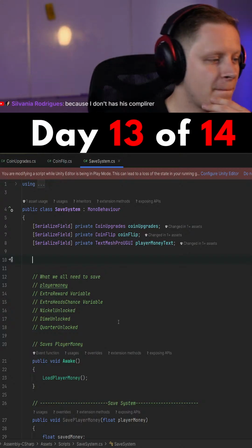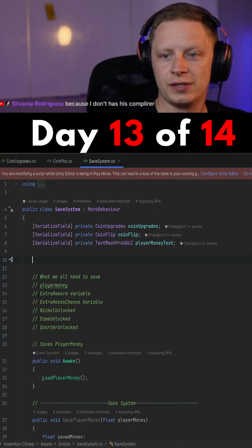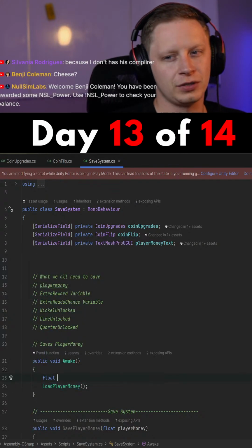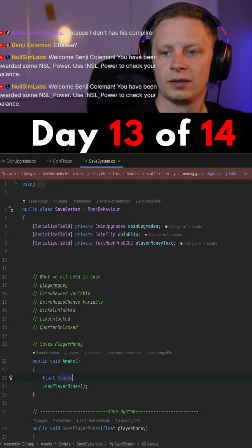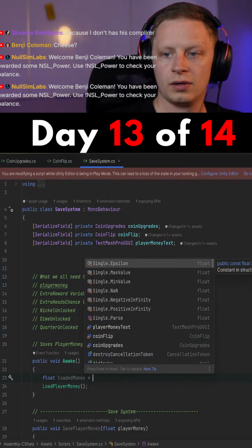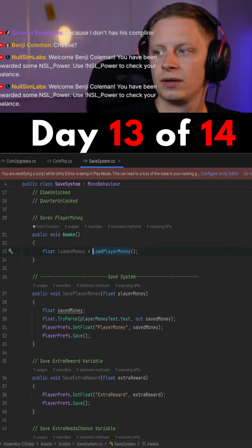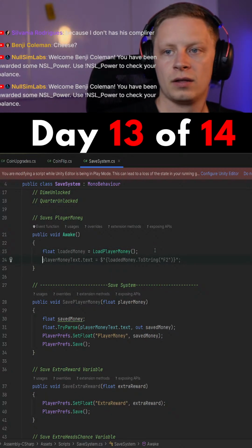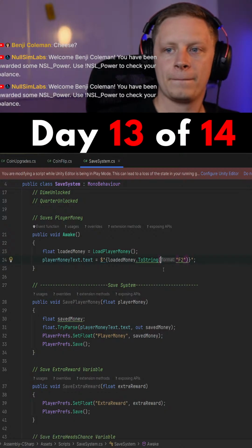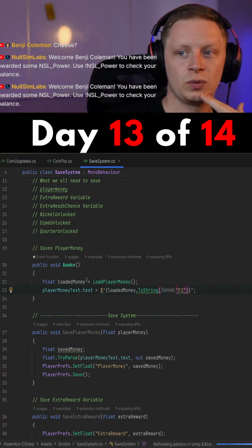Let's do... I mean, why don't we just do this? So I'll first like make a variable here. I don't know. We probably shouldn't do it here though. Loaded money equals. And then, oh, let me get this so you guys can see it. There we go. Equals, I mean, that works. I mean, it should work. We're basically just making a variable, which,